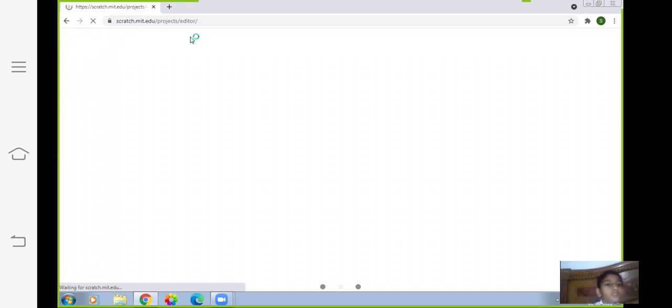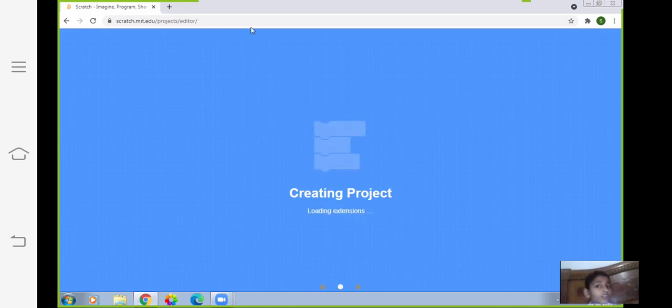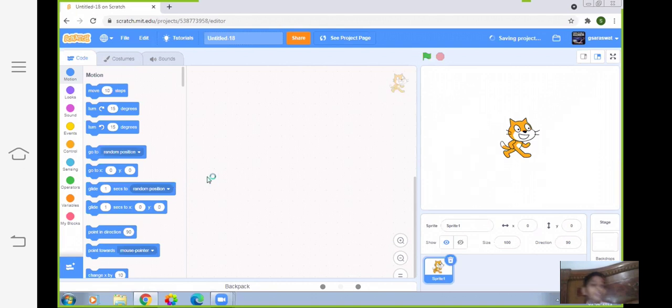So let's begin. We'll create websites and we'll have lots of fun in Scratch. We'll do animation in Scratch, but today we are going to start with how it looks, how the design is, where we'll find which thing, how to upload a sprite, and all these things we'll complete in this video. In this video basically we will complete motion, sound, and looks. Okay, so here you can see